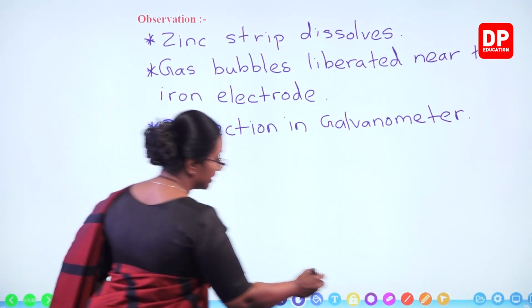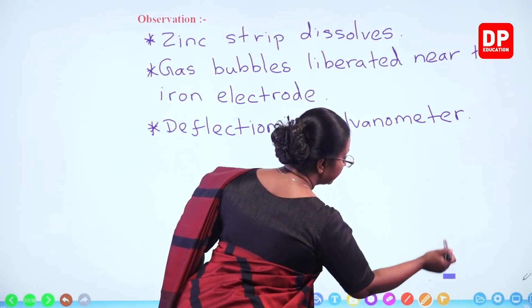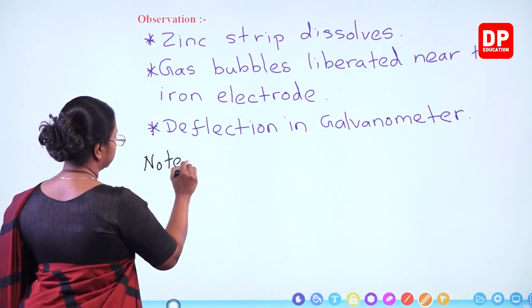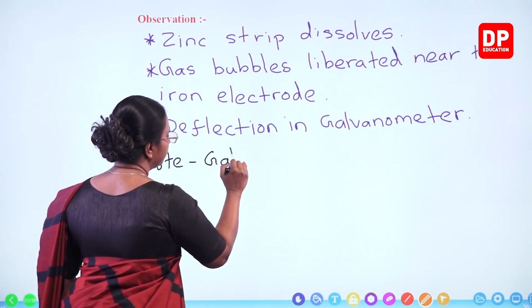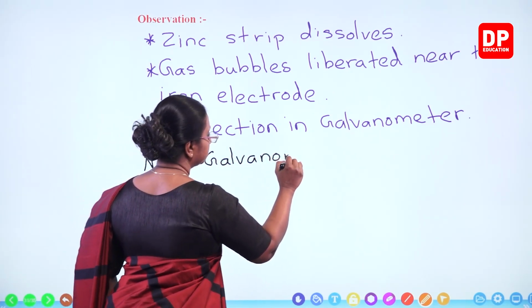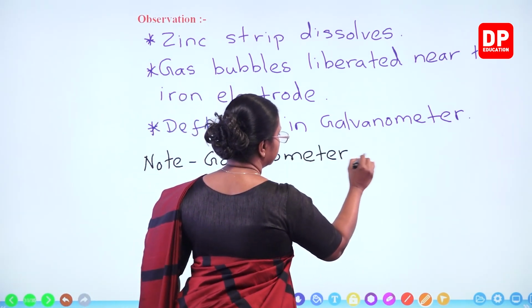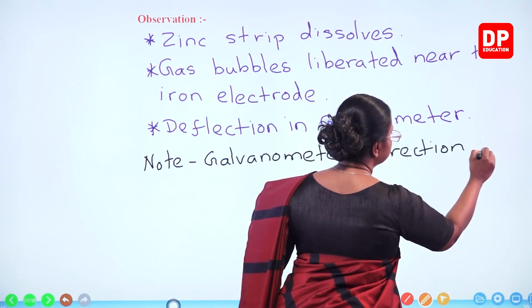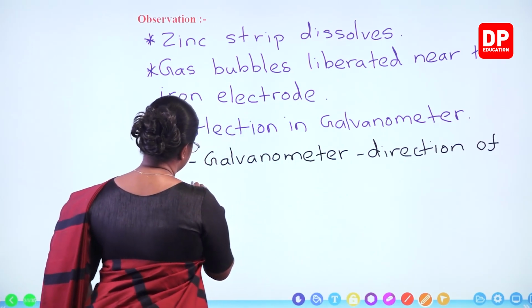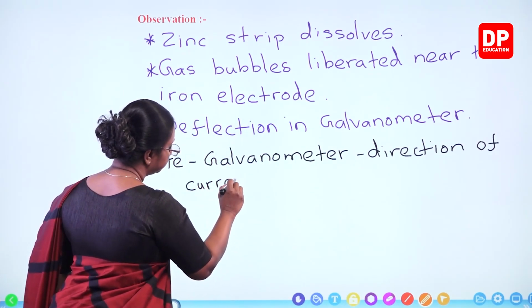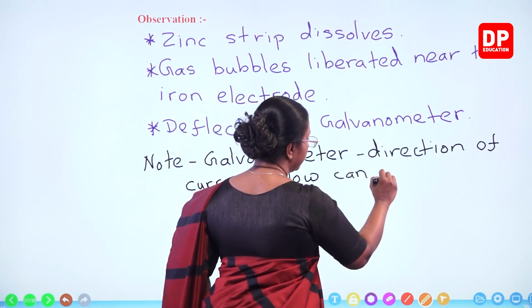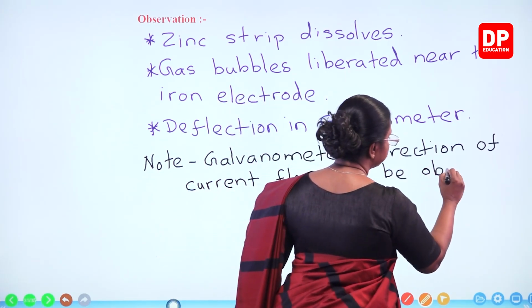So, here as a note, I will write this. Galvanometer, direction of current can be observed. Current flow can be observed,